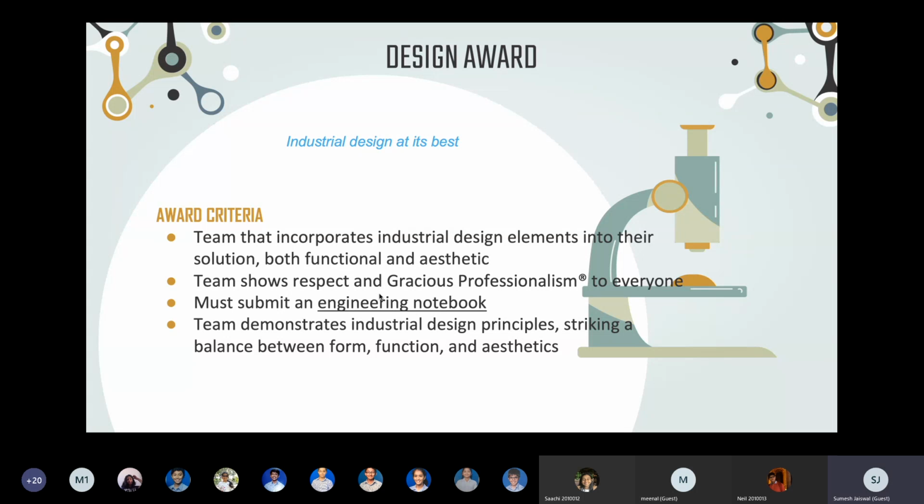What you need to do is, when you are trying to solve a problem, the solution should be really useful for the person who's going to use it. So in your case, if you put some kind of mechanism on your robot, that mechanism should be really useful for the robot and it should work really well. That is one part of it. The other part of it is that the Design Award also considers the aesthetics behind your design, how good your design looks. So both